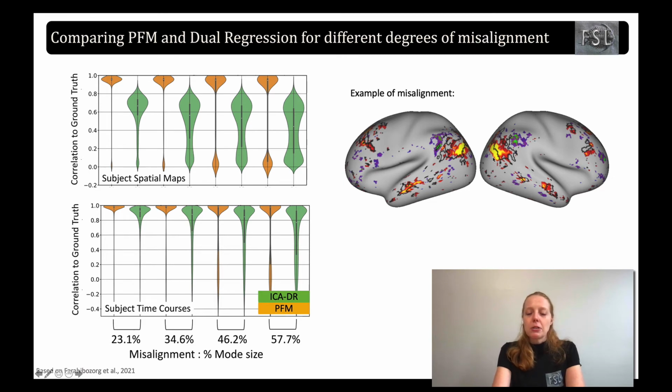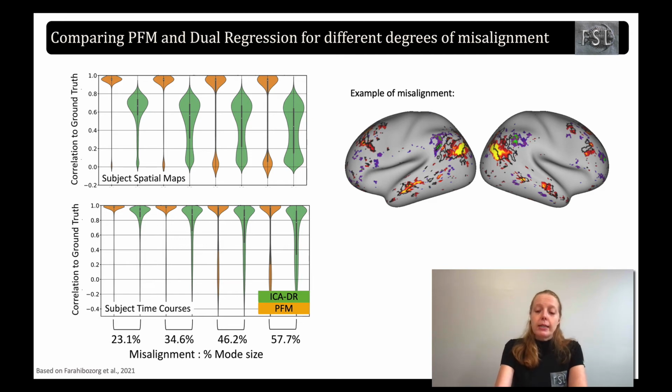So you can see that these are the same networks, but they're slightly offset from each other. So this line here of the yellow and red color doesn't line up with this line here of the black network. And so this is an example of a realistic amount of misalignment that we might see